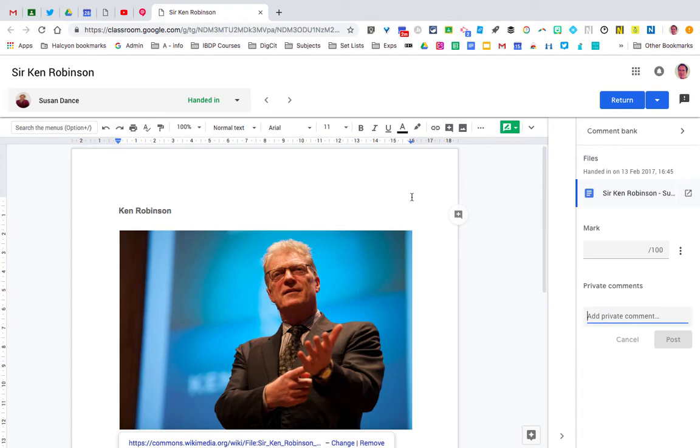This is going to be a short video demonstrating how you can use Screencastify for feedback. In this case, it's with a Google Doc that's been submitted through Google Classroom. So the first thing you need to do to get Screencastify is to go to the Chrome Web Store and